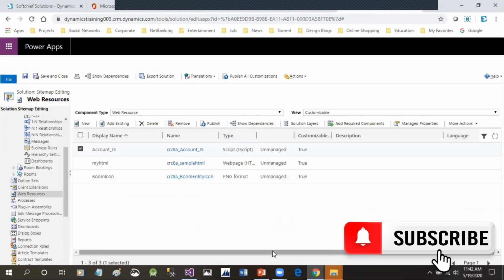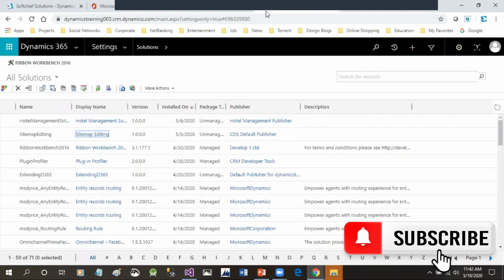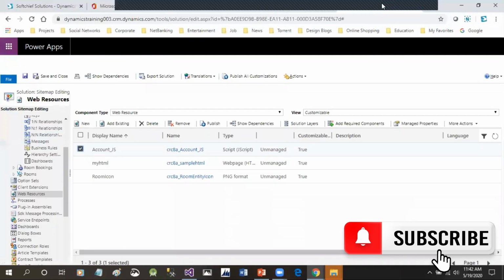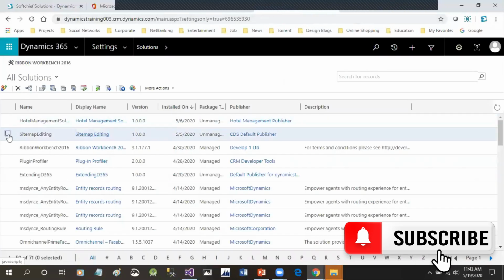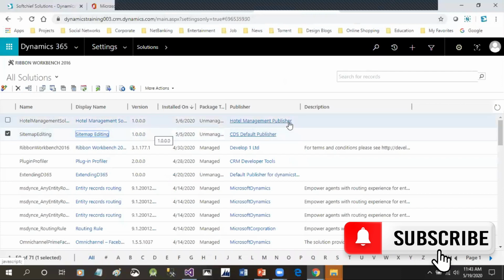But we have export solution here, but no import anywhere. Import will not be available here. If you go to the solution view, this is our all solution view. Here you will find an import operation. You can see here. Using this import, this is the all solution view. This view is a single solution view. That's why. And this solution is opened from this view only. This is the solution I have opened in another window. Okay.